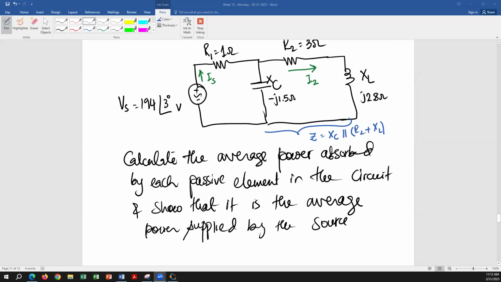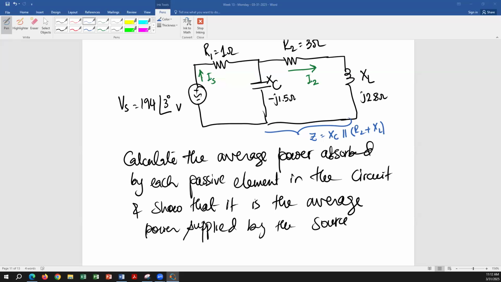Okay, so XC is 1.5 negative and XL is 2.8. All right, once again, since it was not recorded, just to explain, if somebody is